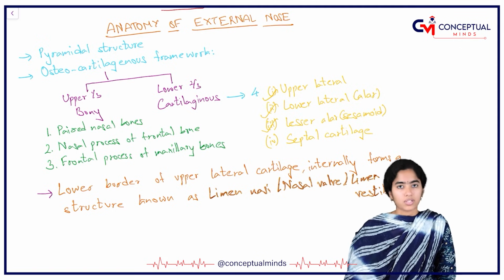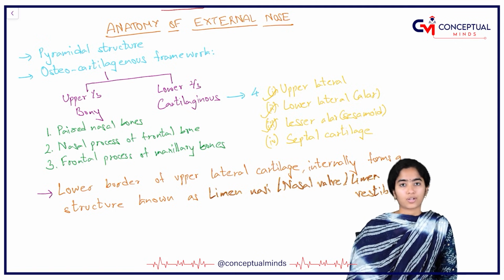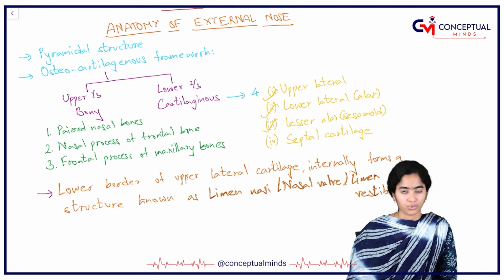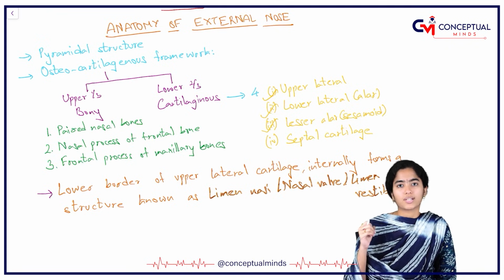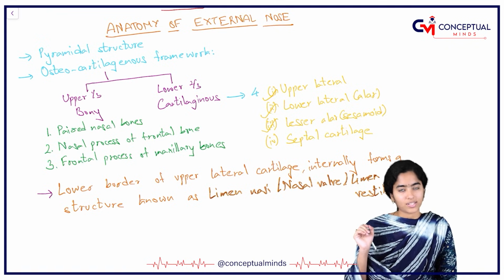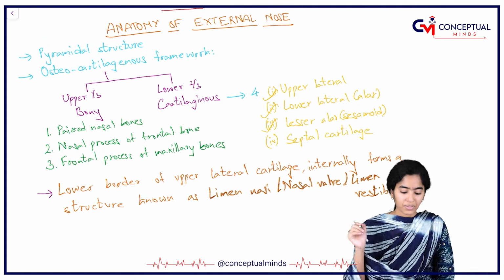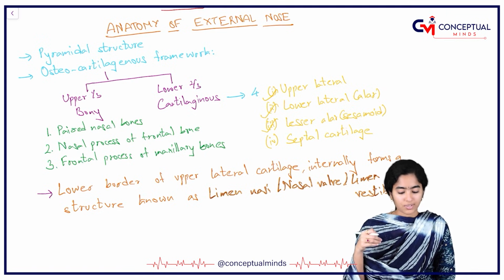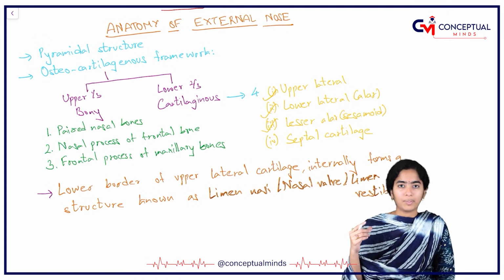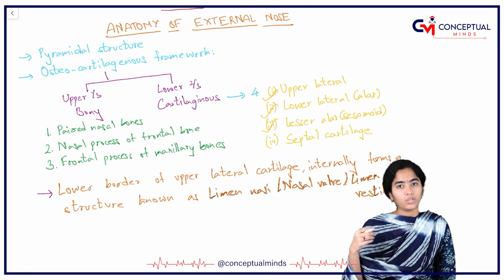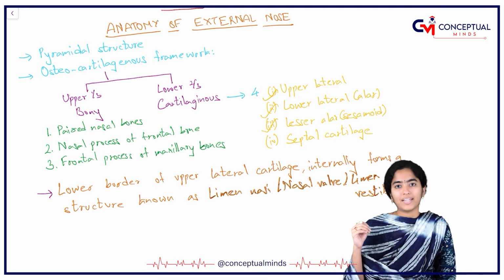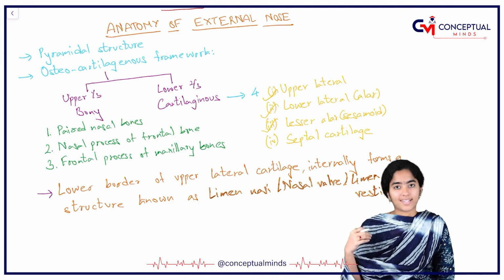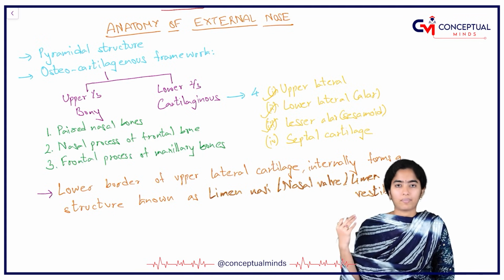External nose is a pyramidal structure and the top part of it that connects the external nose to the forehead is called the root of the nose. And the base of this pyramid, the base of the nose consists of two openings called anterior nares or nostrils. And the osteocartilaginous framework consists of upper bony part, that is 1/3, and the lower 2/3 is cartilaginous. The bony part is mainly made up of paired nasal bones which are supported by the maxilla and by the